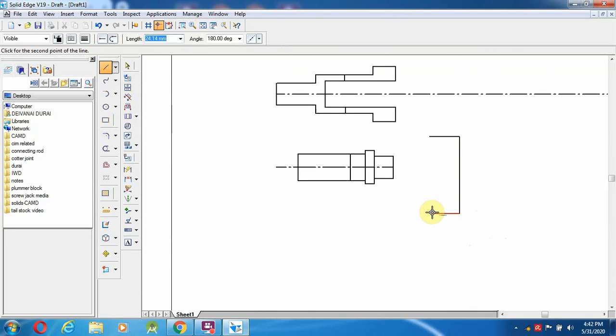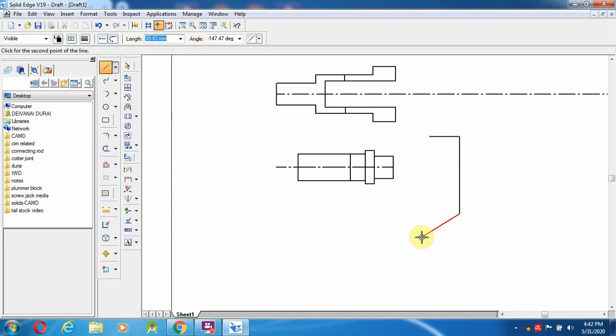Now how to find this value? So this is the 26 mm. Okay, 26 mm. The taper ratio is 1:30. So we are going to calculate this value as 1/30. We are getting 0.033 mm. Those 0.033 mm we are going to multiply by this 70 mm.